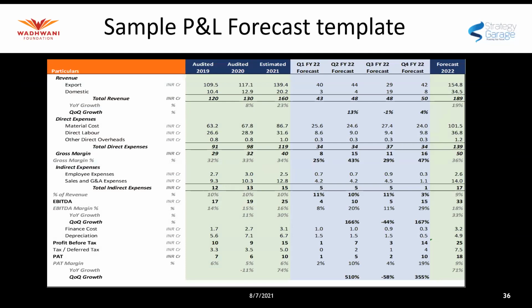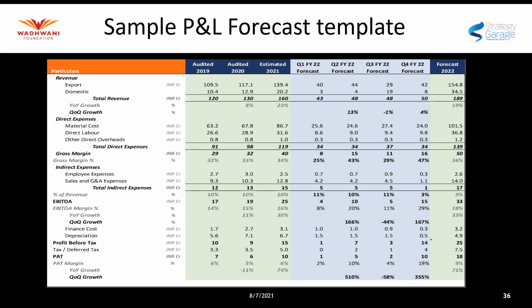Now that all the assumptions are done, what does a sample P&L forecast template look like? Let's say we are looking at a time frame of 2019 to 2022. And let's say, in a hypothetical situation, 2019 is audited. So you take the 2019 actuals over here. This is not a plan or budget or forecast. This is actual, audited. 2020 is already done, audited numbers. Then you have estimated